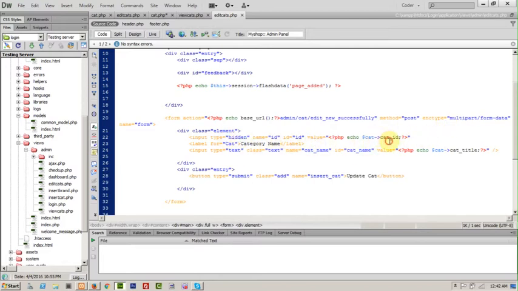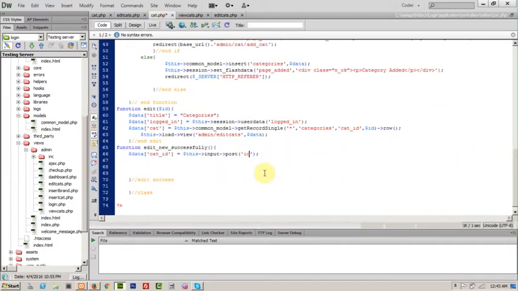So this cat id we will call by its name, id. Its value is the id that we fetched from the database. Okay, come to your controller, the id we kept in the database, cat id,